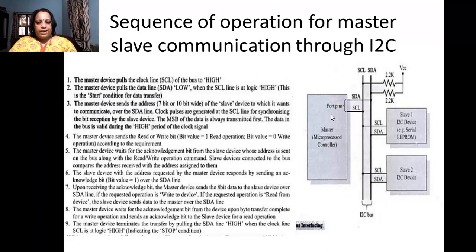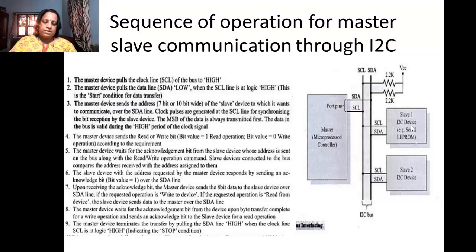Later, the master awaits the response from the slave. So now the master has sent across the address as well as the bit information, whether it wants to initiate a read operation or a write operation. Now the master is awaiting the slave device to get connected. Whichever slave's address is matched gets connected and the data transfer is initiated. How does the slave say that it is ready for data transfer? When the slave device asserts the acknowledgement bit.